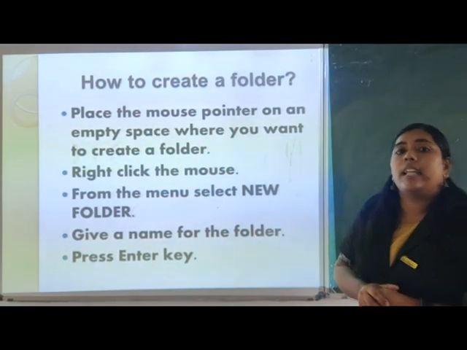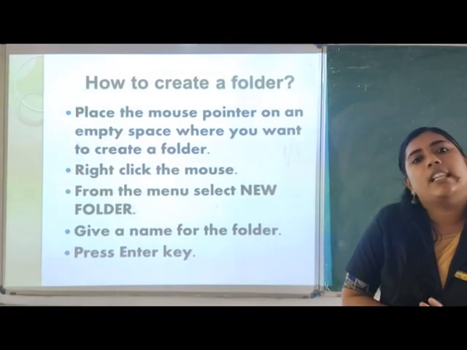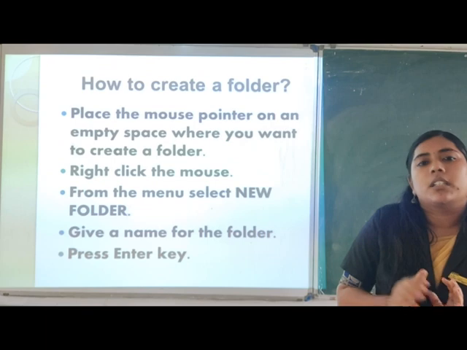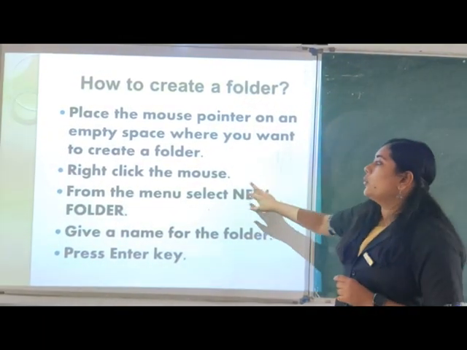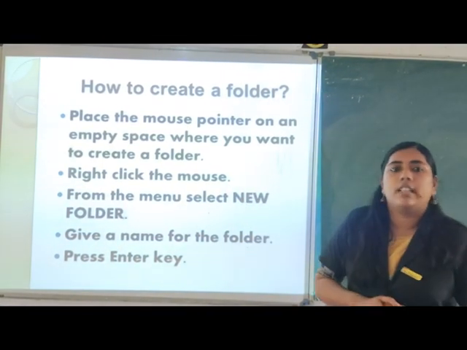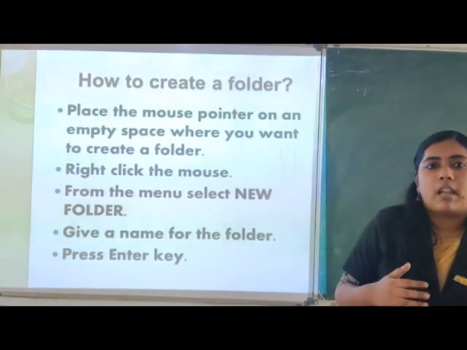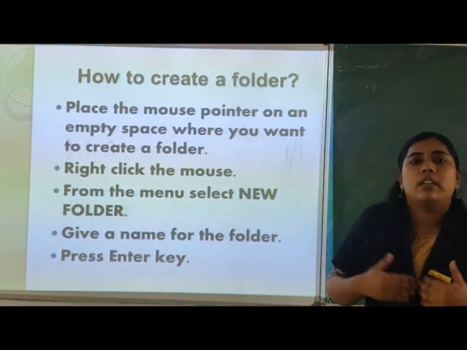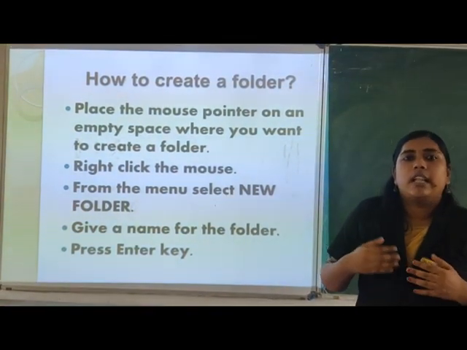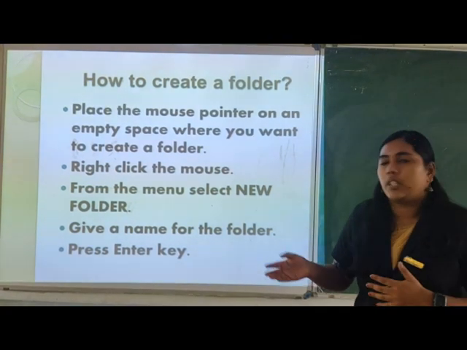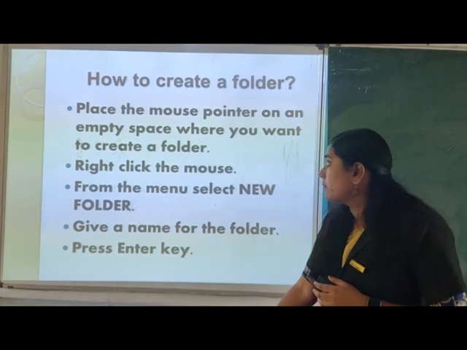And how can we create a folder? It's simple, you have to go to a place. If we are saving it on the desktop, then on the desktop, click your mouse on an empty place, right click, and there you can see an option called new folder. In the new folder there comes a new folder icon, there you can give the name that you want. I am creating it for my subjects or even for my personal use, I can name it as my name. If you are creating it subject wise, then you can name it science, social, etc. Then press the enter button, your folder is created.